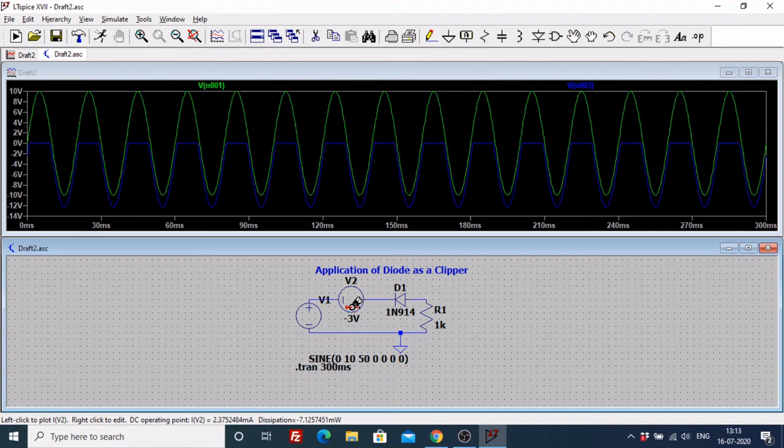So we've basically done 4 circuits right now. The first one being a negative clipper, second positive clipper, and third and fourth are positive clippers with biasing. For now, we have seen this diode placed in series. So this is only the first part of application of diode as a clipper, here it being a series clipper. In the next part that I upload, I will be placing this diode in shunt with my source, and that will be known as a shunt clipper, and we will then continue to do the same type of circuits that we have done right now.